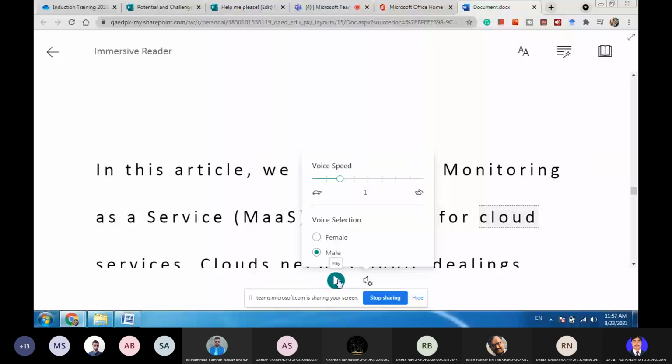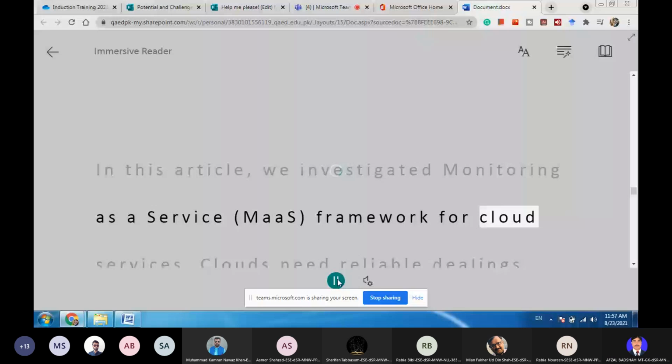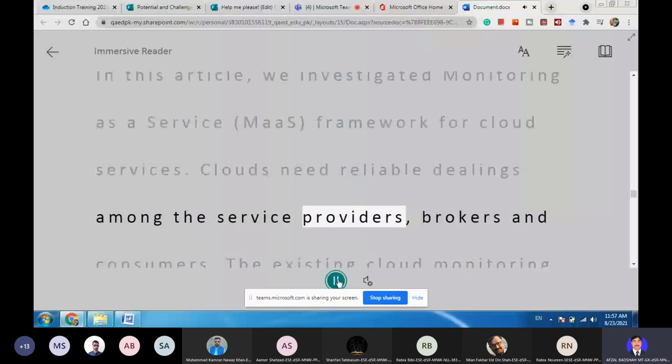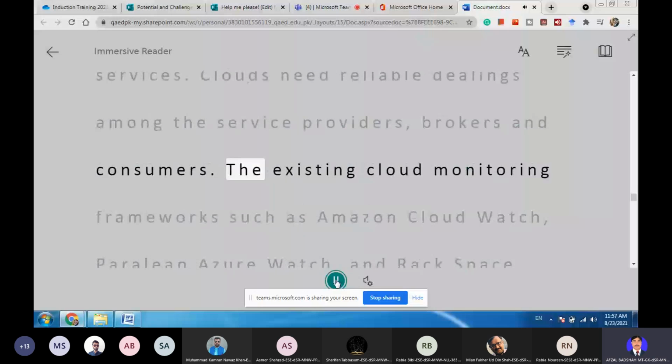Cloud services. Clouds need reliable dealings among the service providers, brokers, and consumers. The existing cloud monitoring frameworks such